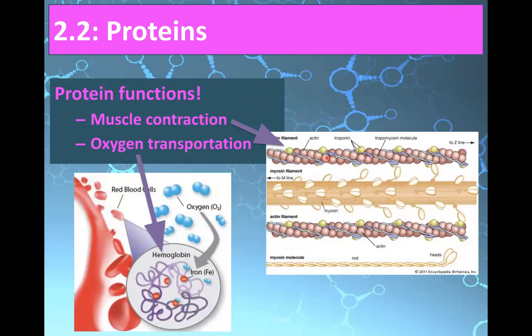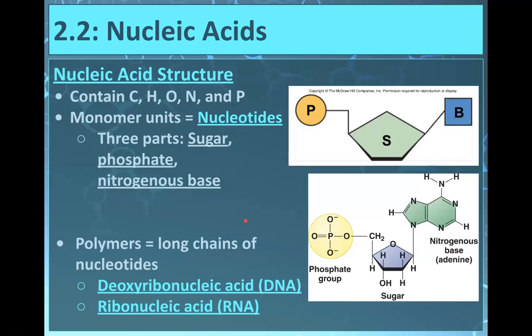Muscle contraction, we're going to learn a whole lot more about this actin here and this myosin here and how they interact to help contract a muscle. Hemoglobin, this is a quaternary structure here because there are beta globin and alpha globin here that come together to form the larger structure of hemoglobin. They transport oxygen. All right, and then finally, that brings us to nucleic acids, and it's made up of carbon,